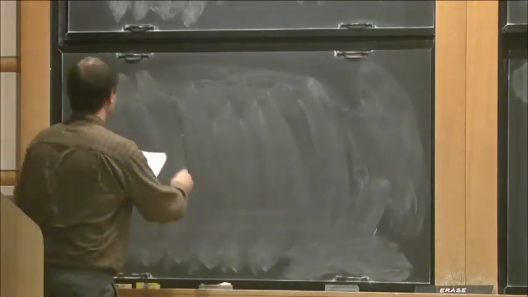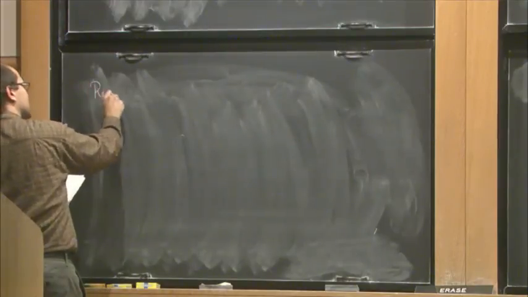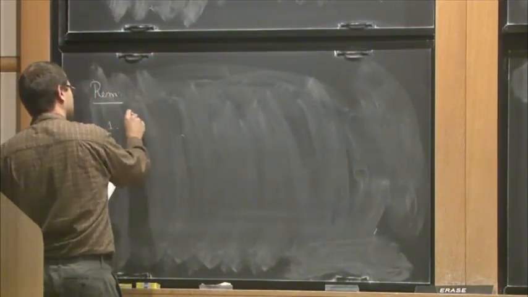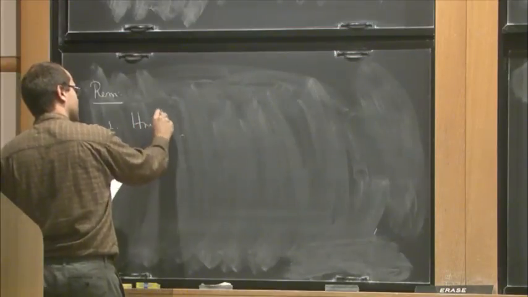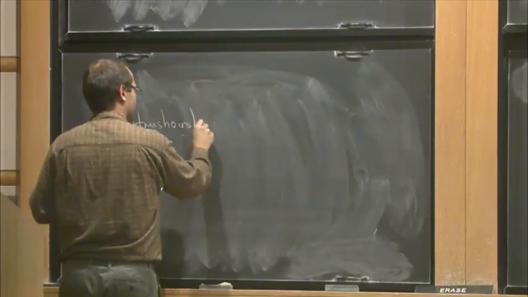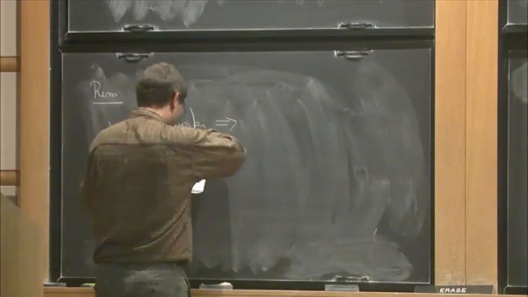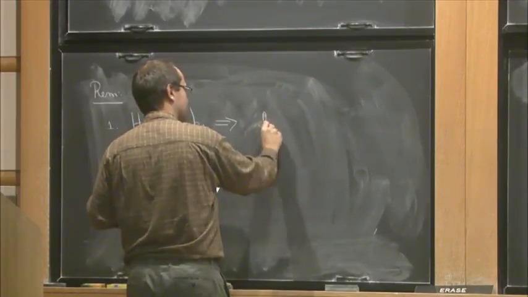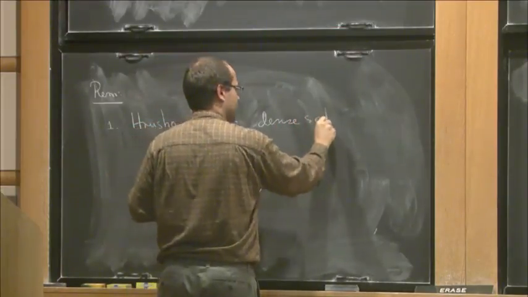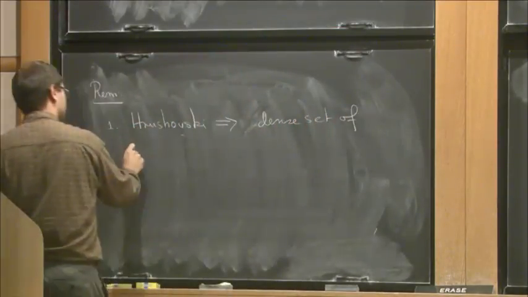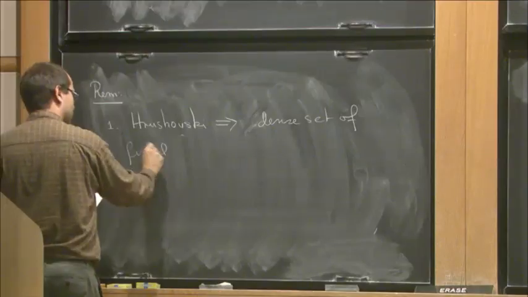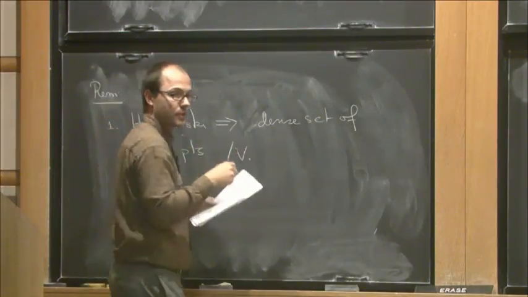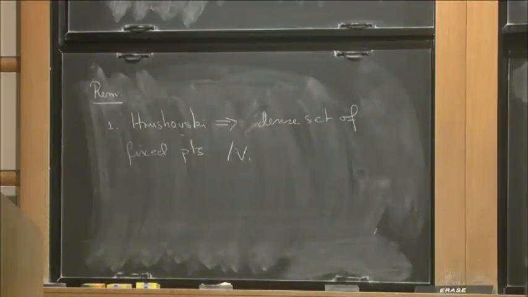Write it. So remarks. So one, Warshawski implies that you have a dense set of fixed points even after shrinking over V. Okay, so you have to make sense of what density here means,